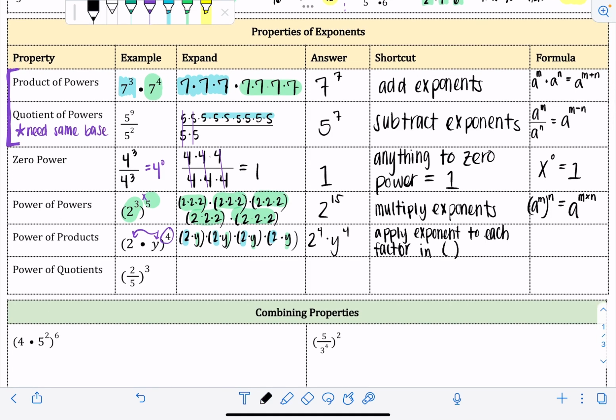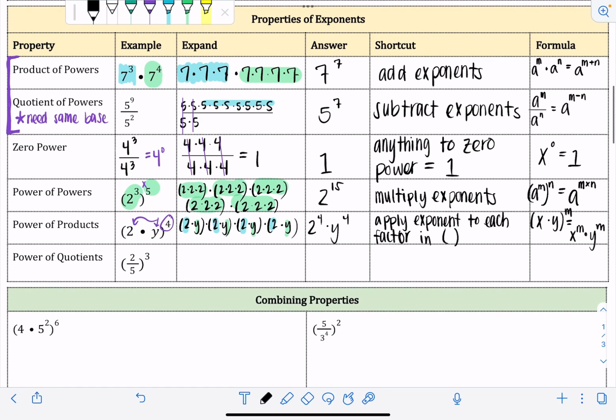Okay, and then the formula, I'm going to say x times y to the mth power would become x to the mth power times y to the mth power. So the m goes to both of them. And then the last one, the power of quotients, is very similar. So I'm going to go ahead and expand this. I have 2/5 raised to the third power, so I have 3 of those. So it'd become 2/5 times 2/5